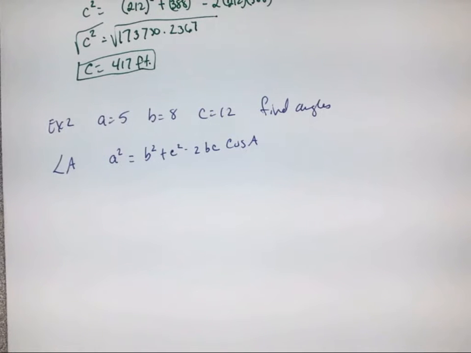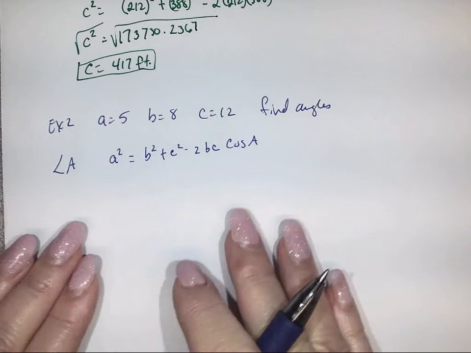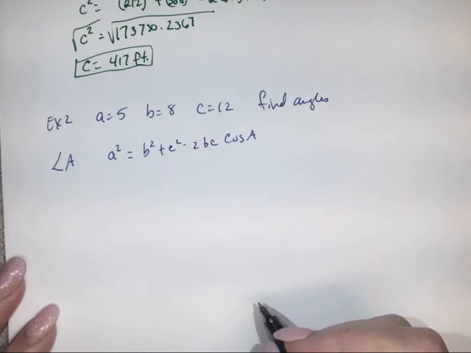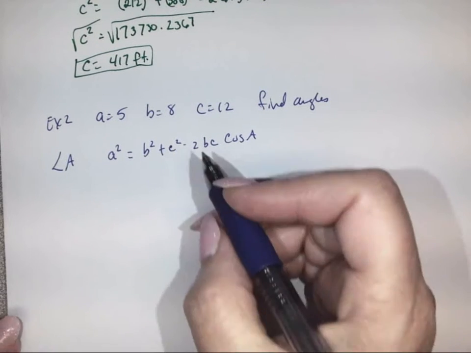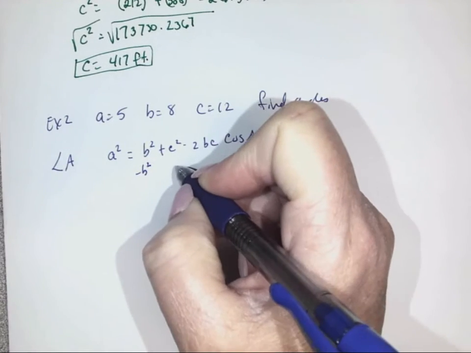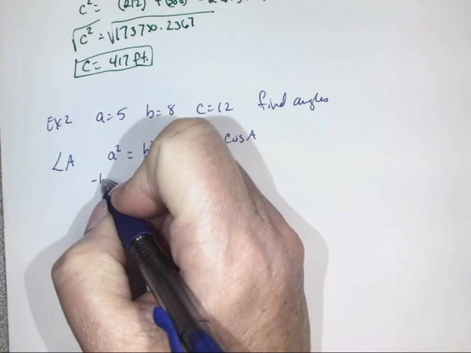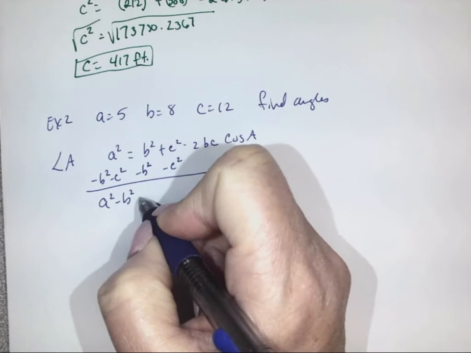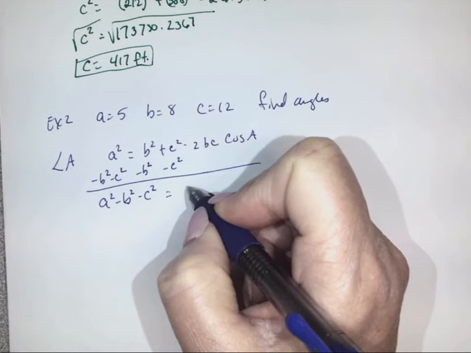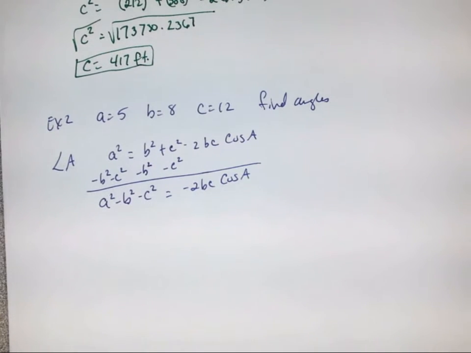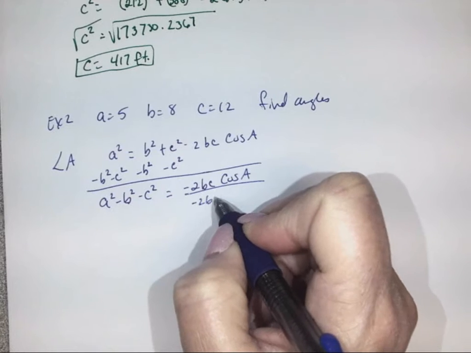Now, you can do one of two things. You can plug everything in, or we can move everything about a little bit to get it to where it's solving for A, and then we can plug in the numbers. And if you understand that shortcut, you can use that to solve in the future. So I'm going to go ahead and do that so you can see what I'm talking about. So I'm going to subtract B squared and C squared at the same time from both sides. So I get A squared minus B squared minus C squared is equal to negative 2BC times the cosine of A. Now we'll divide both sides by negative 2BC,